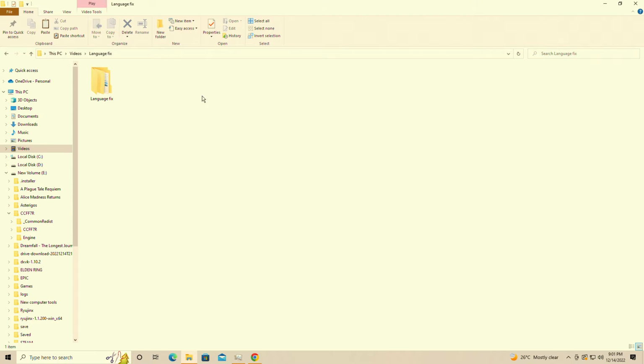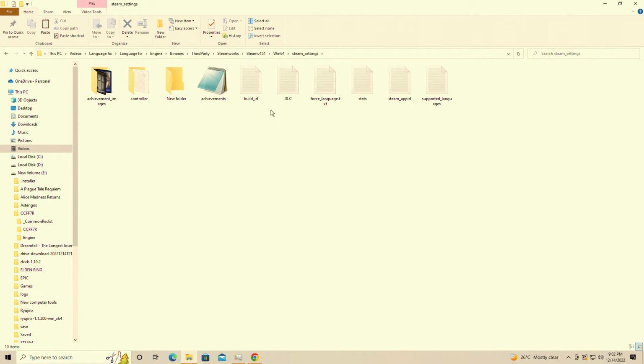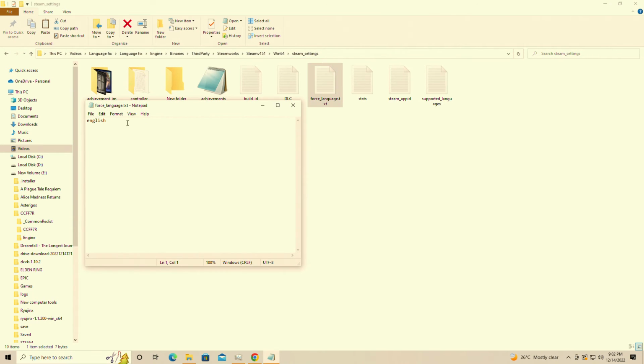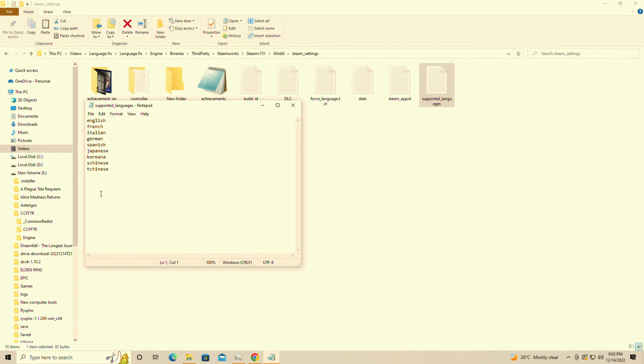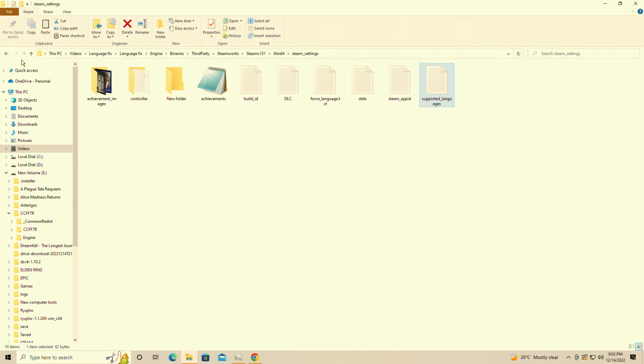Simply we're going to go into here: language fix, Engine, Binaries, ThirdParty, Steamworks, Steamv151, Win64. We're going through a lot. Steam settings. And in here, we're going to find the force language text. You're going to change it to whatever language you support right here. It has a list of supported languages. You'll pick one of them. Then we'll back up